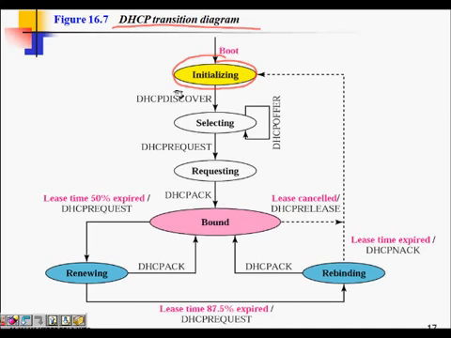What state I'm in now is the state machine, and some events happen because of which I go to other states. From the initial state I send a DHCP discover message. Now I go to the selecting state. If there are two servers, I get DHCP offers from both of them, and when I receive the offers I am still in the selecting state. Then when I have selected and I send a DHCP request to the server whose address I chose, I go to the requesting state.